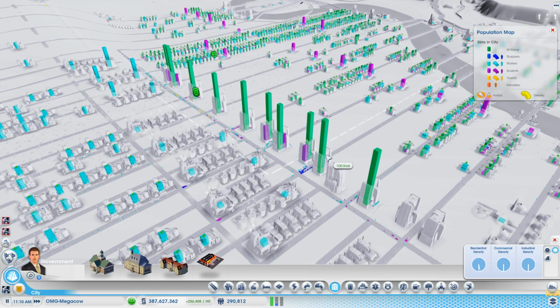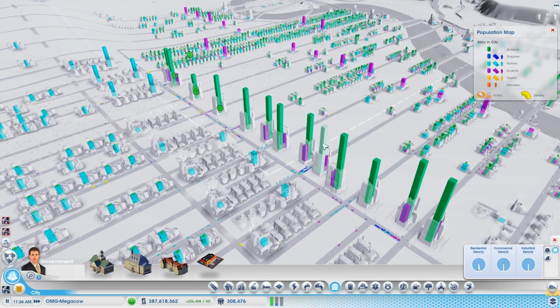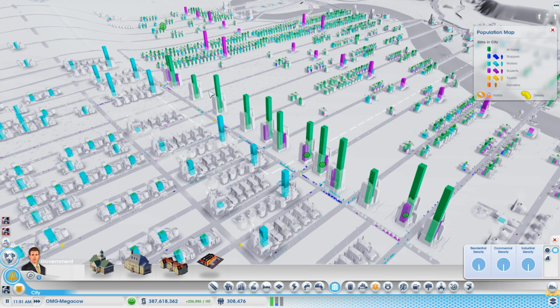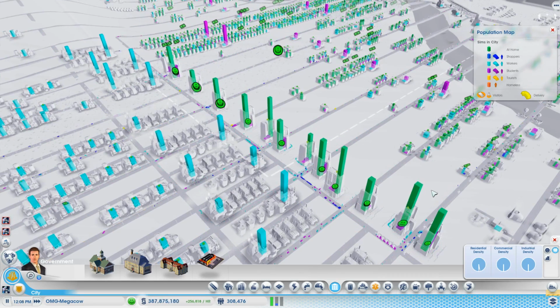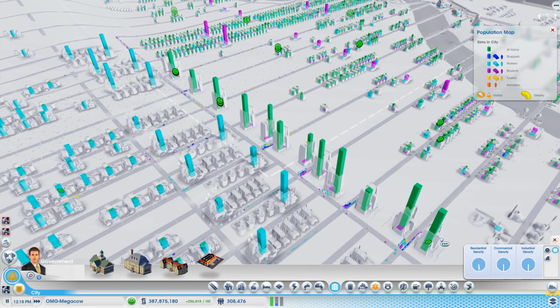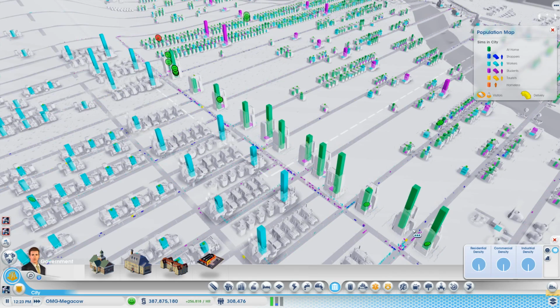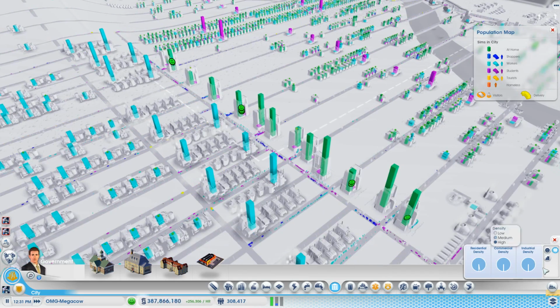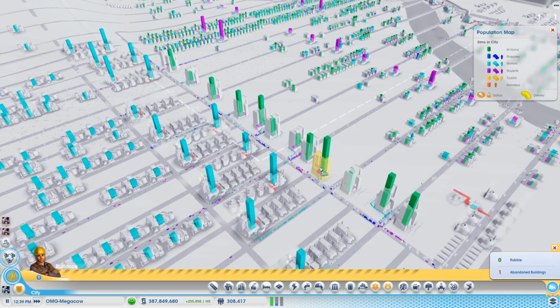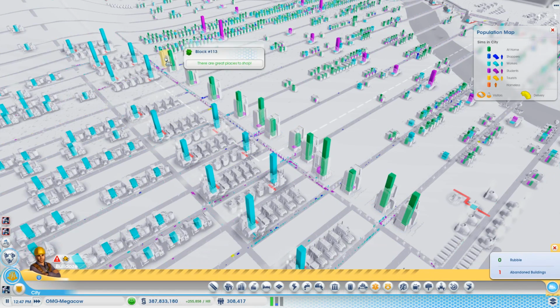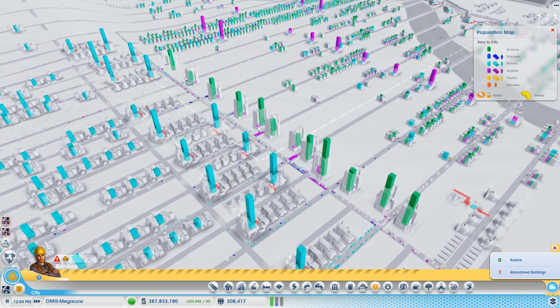Right, and the purple bars are the uneducated kids. There's 100. I said 150, didn't I? There's 100. And there's like 600 residents. Right, now they will all go off to school, go off to work, etc. And then I'm just going to demolish these buildings. So that's about 12 buildings, so that's added about 1,200 students to the city. Right, let's just get rid of these now.